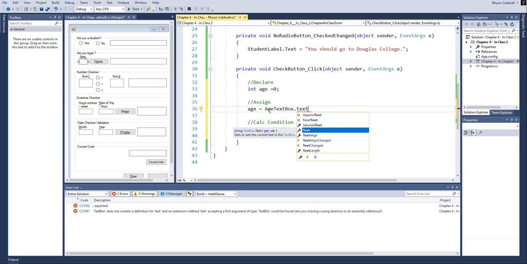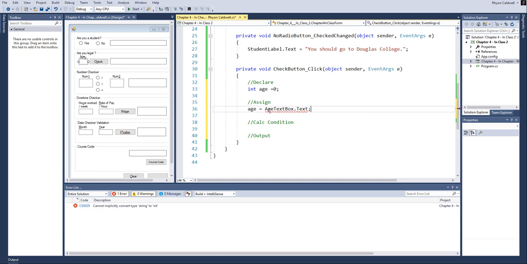text. All right, now when I type this in, it comes up with an error. The reason it's coming up with an error is because if you look at the little pop-up box, it says it cannot implicitly convert a string to an integer. It means that when you type in the number, your age, if you're, let's say, 22 years old, it's typing it in as a string. And the age is an integer. So it's actually saving it